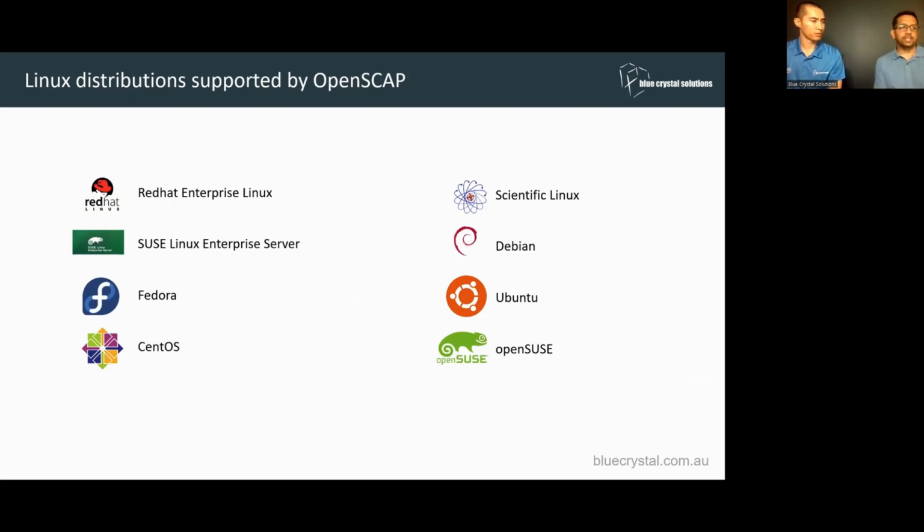Another thing is that OpenSCAP also has support for other distributions on Linux as well. I know that Red Hat, Ubuntu, and SUSE are commonly used within industry, and OpenSCAP provides support for those as well. Even if you just want to see what your compliance level is, you can run a report without running the script,